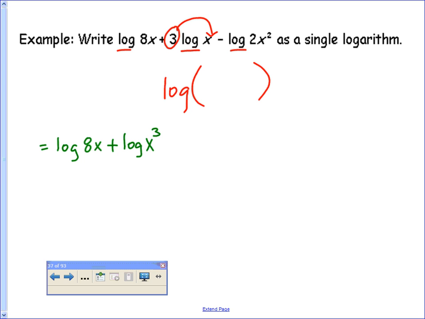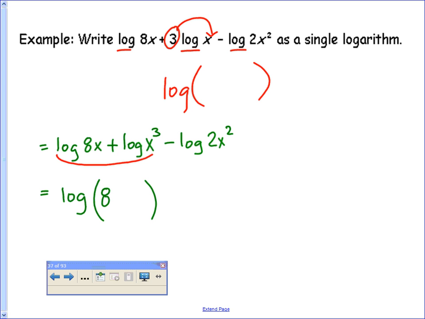x cubed, so that's the change this time, minus log of 2x squared. Okay, so from there, let's start from the front and see what we can simplify. You're adding those logarithms, which means that we can undo that product law. So that can be rewritten as a single logarithm, and make sure you're underlining each step,